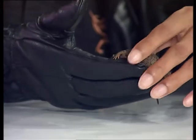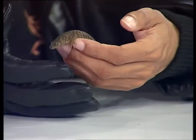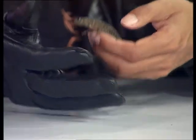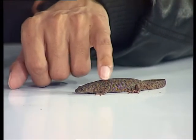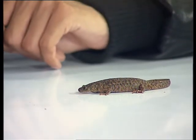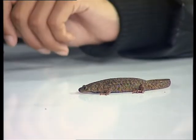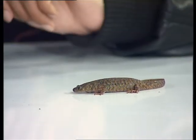And again, this one lives in my garden. So I found him in my garden. Actually, there's several salamanders in my garden. So I thought I'd bring him in to show you, so that if you do see one of these, you'll know what it is. It is the sharp-ribbed salamander, and it's so called because it has the pinkish rib markings on its side. It has a larger, robust head for a salamander, which identifies this as Pleurodeles waltl, the sharp-ribbed